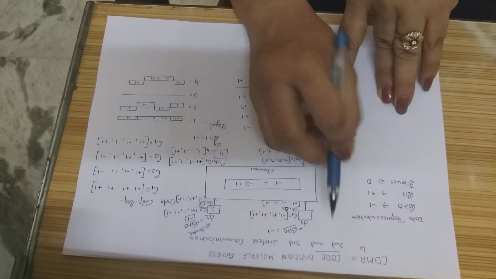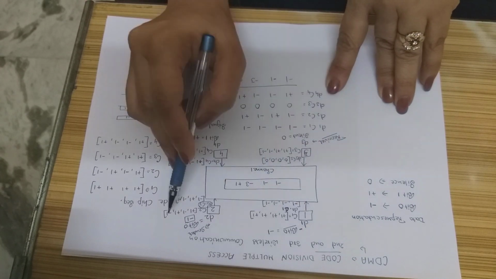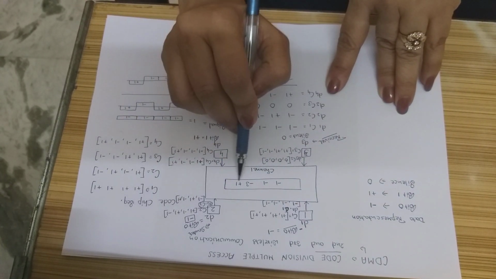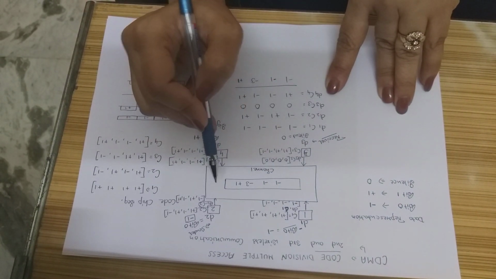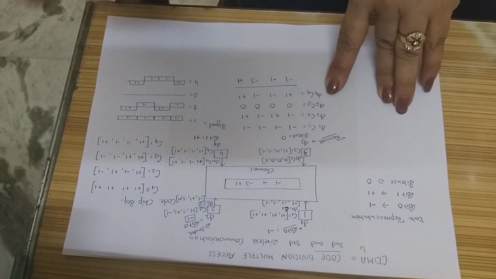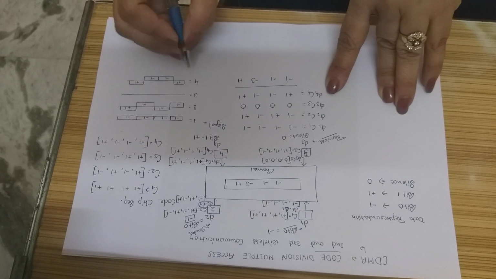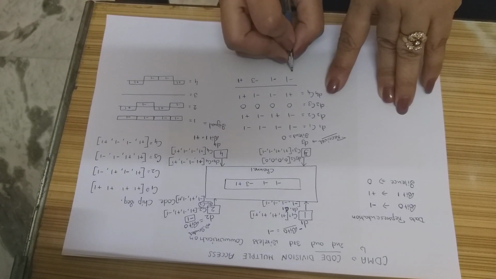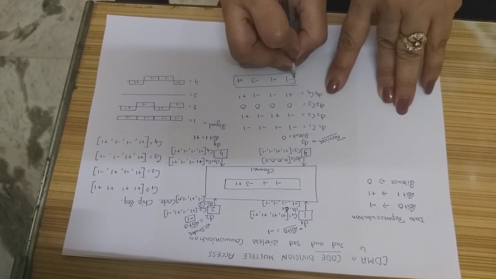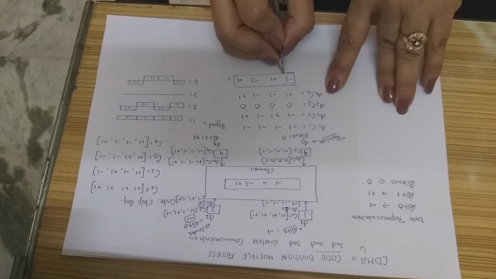As we know, we are working with code division, so our data is going to be converted into code and then transmitted. But how can we find out at the receiver end what data is going to be received? We simply use this signal and add all the signals,